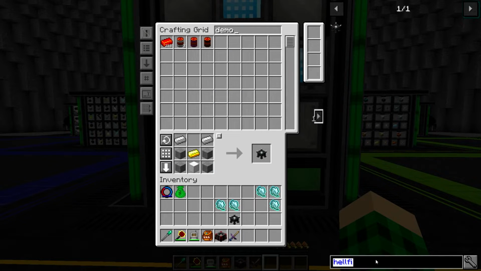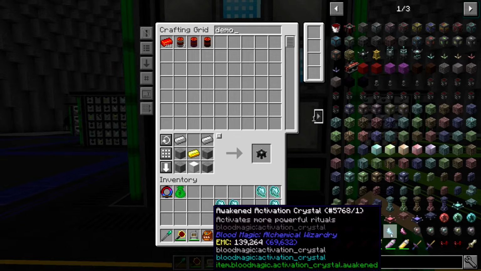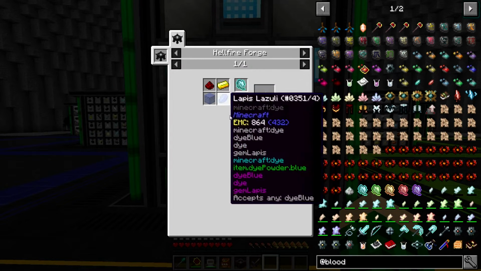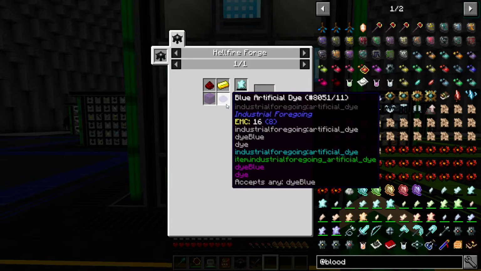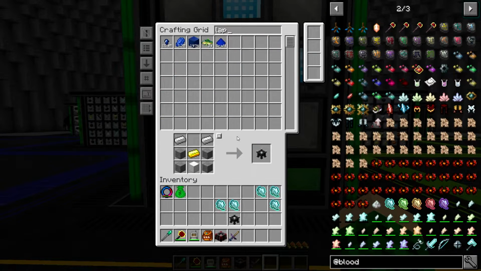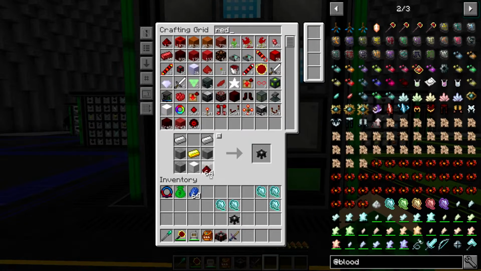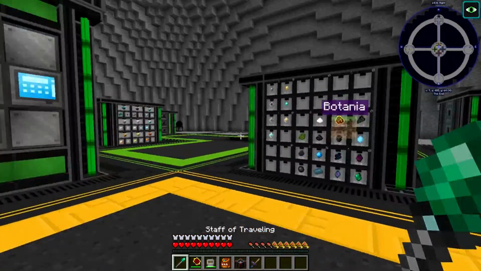And then we can get the, oh god, I can't remember the name. Blood magic. Where are you? These guys. Tartaric Gem, there we go. Petty Tartaric Gem is a demonic will of 1, a gold, a redstone, a glass, and a floral blue powder. So lapis, I think it's the thing. Redstone. Gold, glass, and we're gonna need a couple of these in the beginning anyway, so let's go over to blood magic,